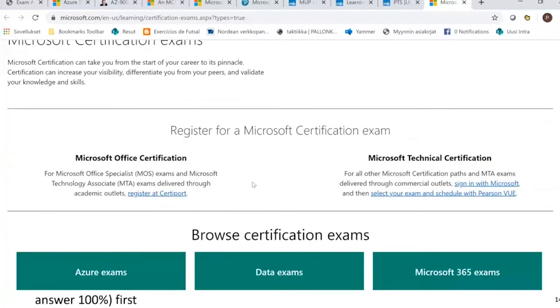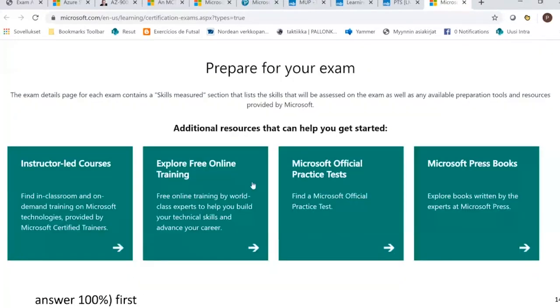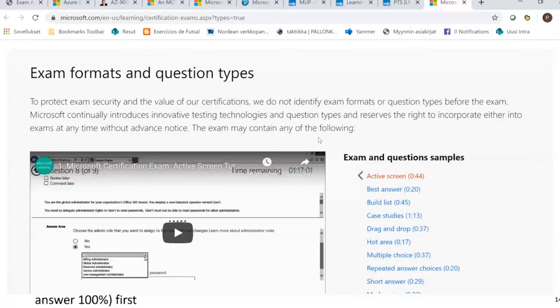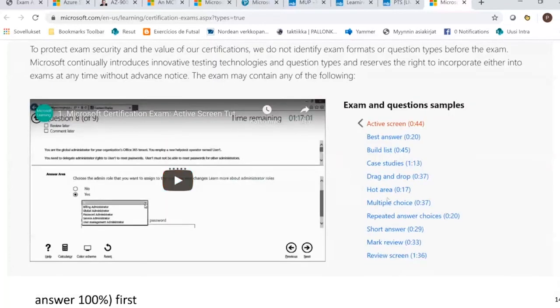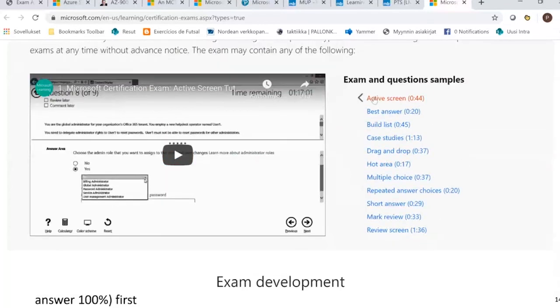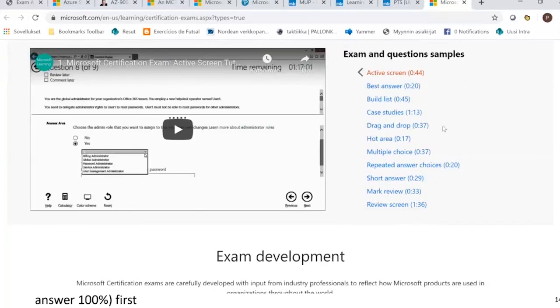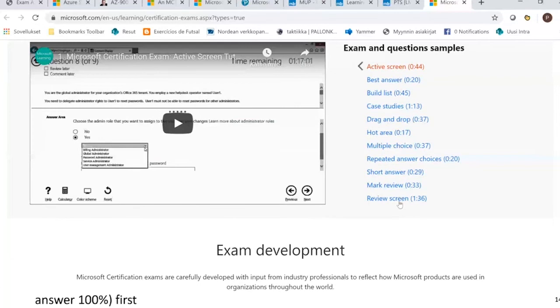There is information about this exam, and there's even a short video about the exam types. There are also question examples here. But here is the list of all the question types you have. There are best answer, build list, case studies, and so on. There is also this hot area question, and I'm quite sure that there is going to be at least one question about the